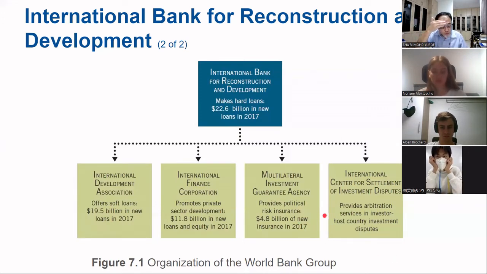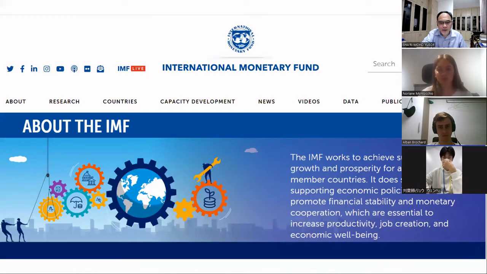That means if you try to recall, so now we are in the post World War period, immediately after World War, and the creation of the World Bank, trying to give confidence to members by making sure that the way forward is going to be better. Okay, secondly, after Bretton Woods, they created the International Monetary Fund, IMF.